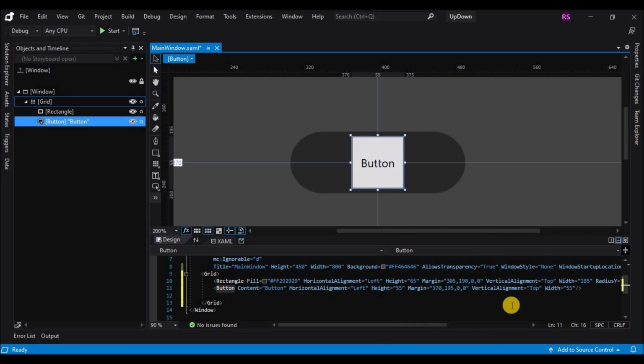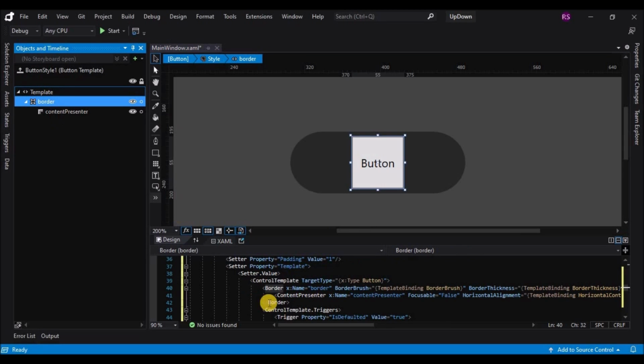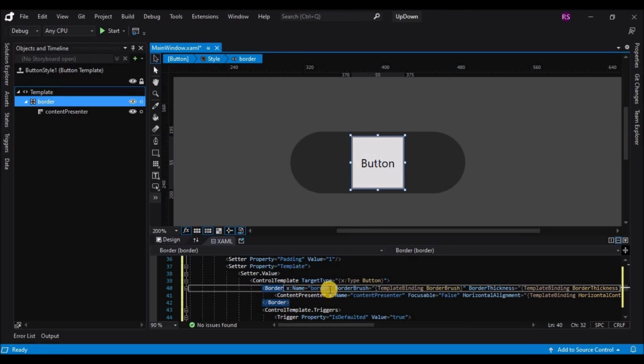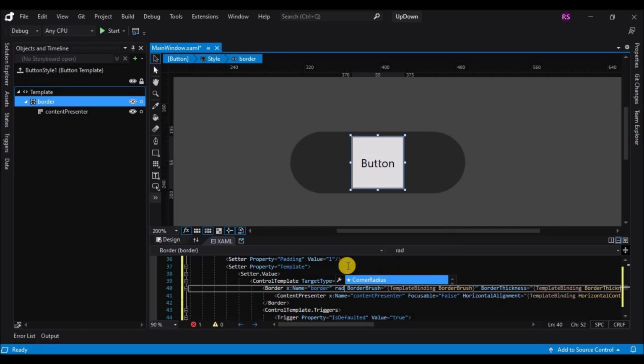Now that you have edited the copy, click on OK and now you can edit the design. So let's select the border and in the XAML file you can add the corner radius for this, and I'll set the corner radius to 30 so that we have a round button.